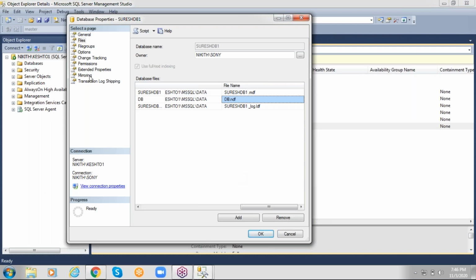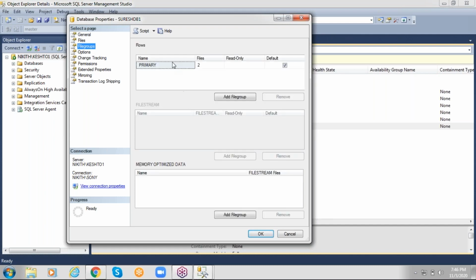In the same way, you go to file groups, you can see the primary file group. How many files are there in the primary file group? Two files. What are those two files? MDF and NDF, which we created, different files.